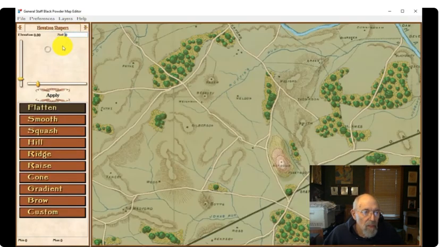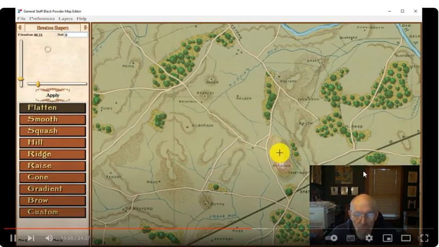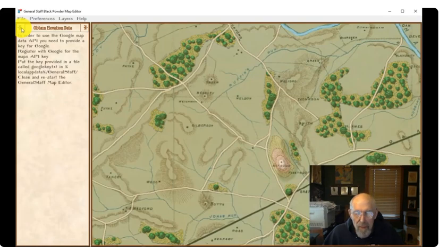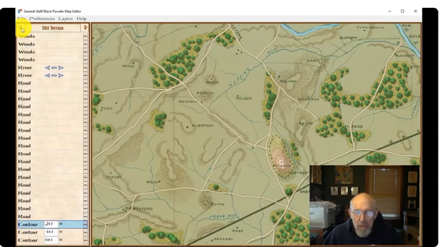So here's the elevation as we're moving along. You can see in the upper left-hand corner, now it goes up 19, and you can see how it gradually moves up all the way. And that's all there is to it. That's how you make elevation. That's the easy peasy way of doing elevation.